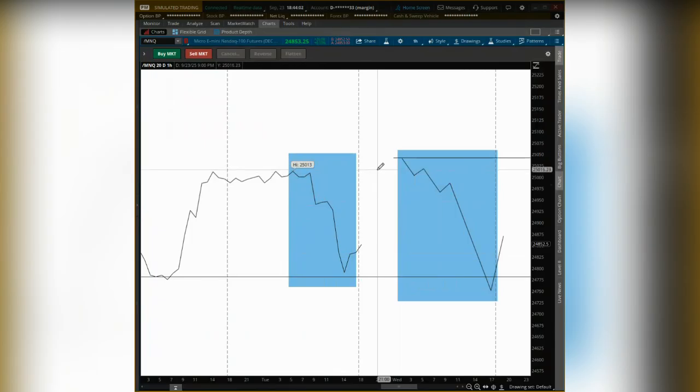I would prefer to be safe and more confident. If we broke the bottom band here, then I would enter short. Or if we break the top band here, I would enter long. Right here is a little tricky.